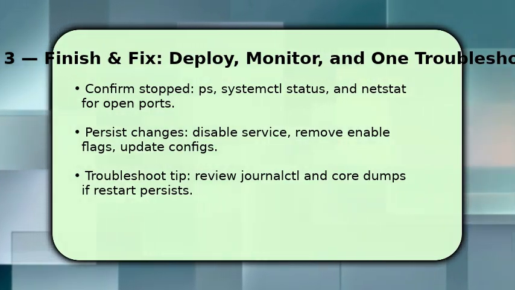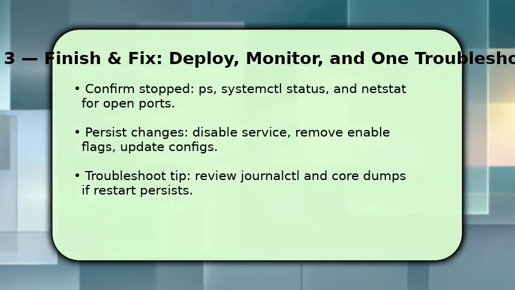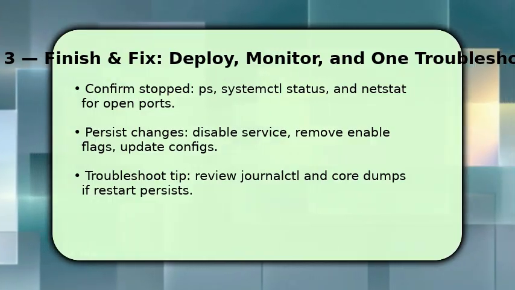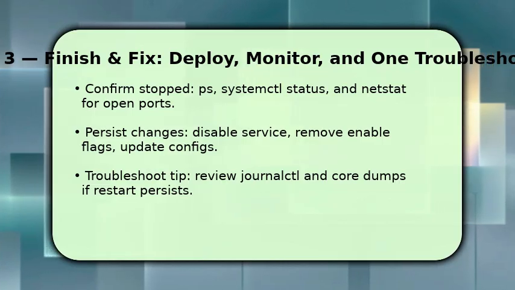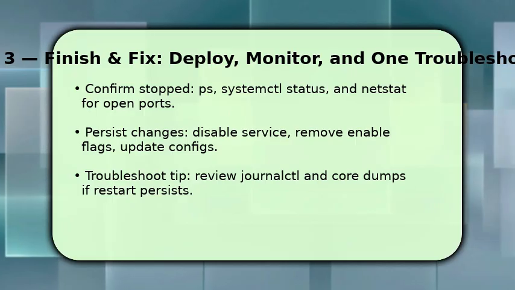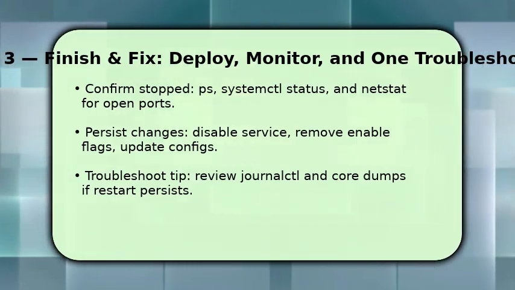Then persist your change by disabling the service, removing enable flags, and updating any config management so it doesn't re-enable on reboot. If the service keeps restarting, make sure to review journalctl logs and any core dumps to find the restart trigger. This single troubleshooting step often reveals the root cause and prevents